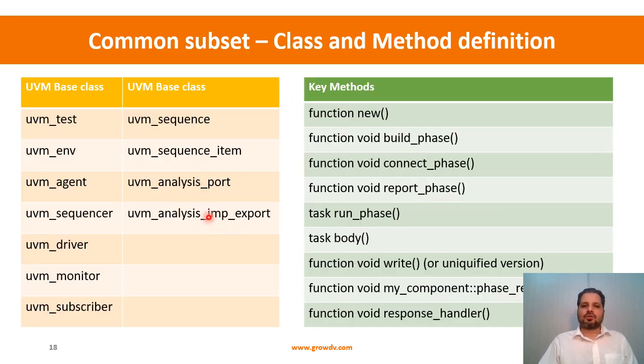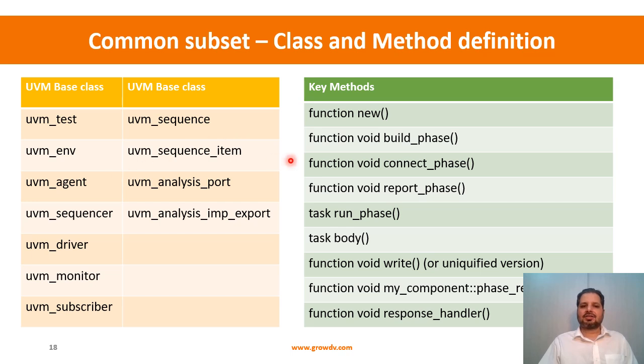Okay, so what are those, right? The base classes that we want to make sure you are very clearly understanding are UVM test, UVM environment, agent, sequencer, driver, monitor, subscriber, right? If you remember from the class hierarchy, these are all based on the UVM component hierarchy, which is an active component, meaning they will have some sort of threads internally and they will live throughout the duration of the test. And then there are certain object based classes like sequence for constructing stimulus generation, sequence item